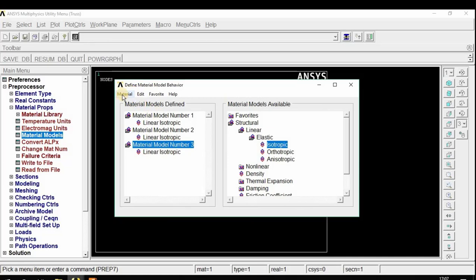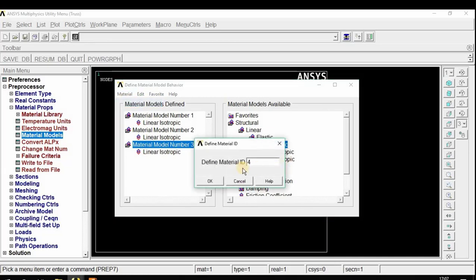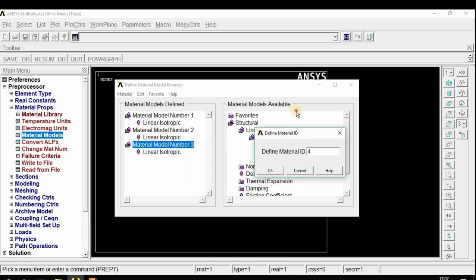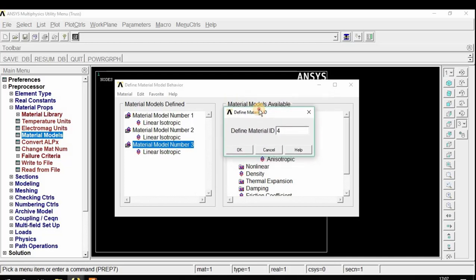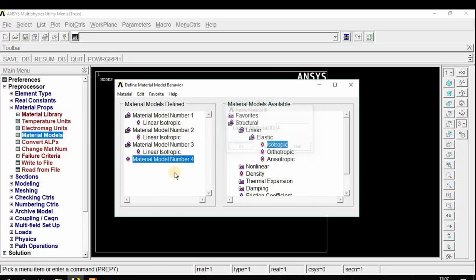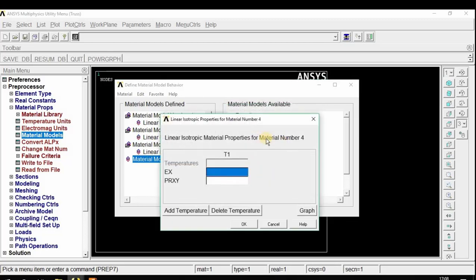Okay, and in material again add a new model. This is the last element, material ID. Keep in mind which element you have to choose for which category. For example, ID number, suppose this is 4, 2, 1, etc. So you can choose the exact value for each and every element. Okay, then isotropic.